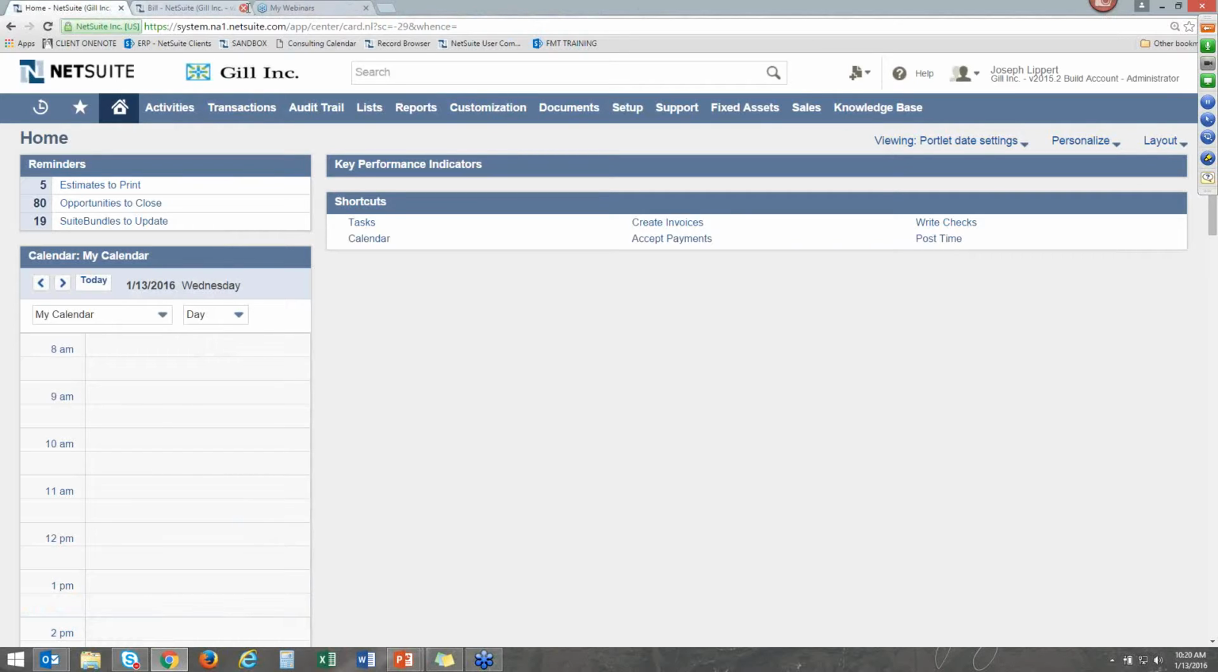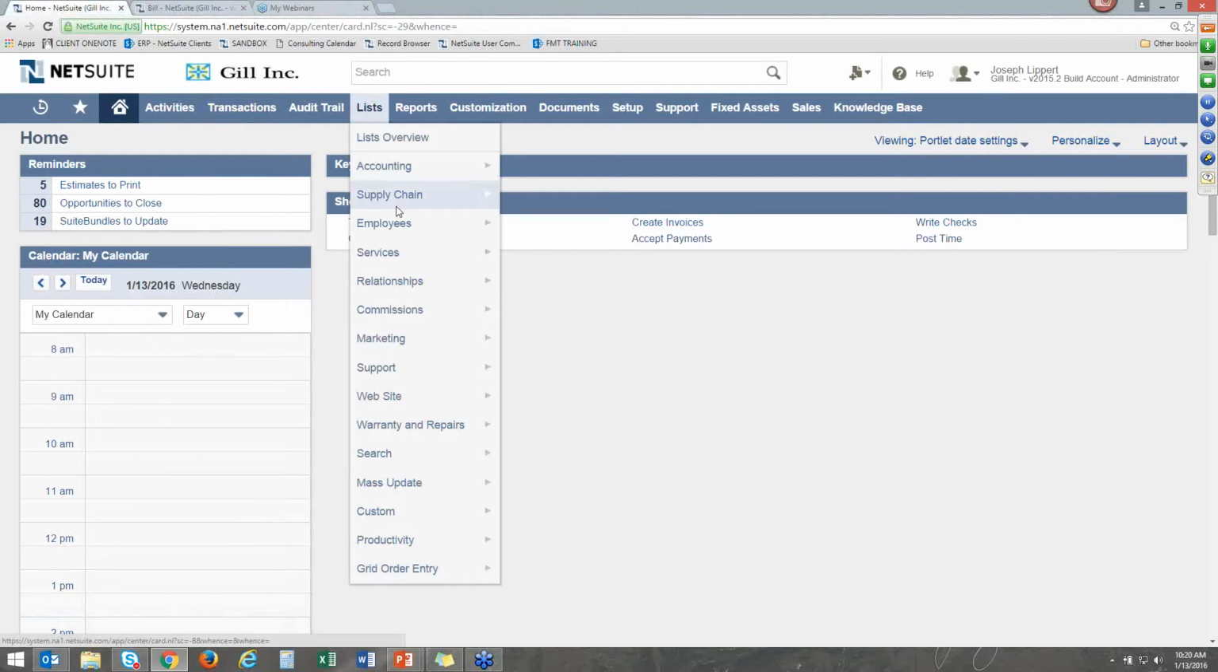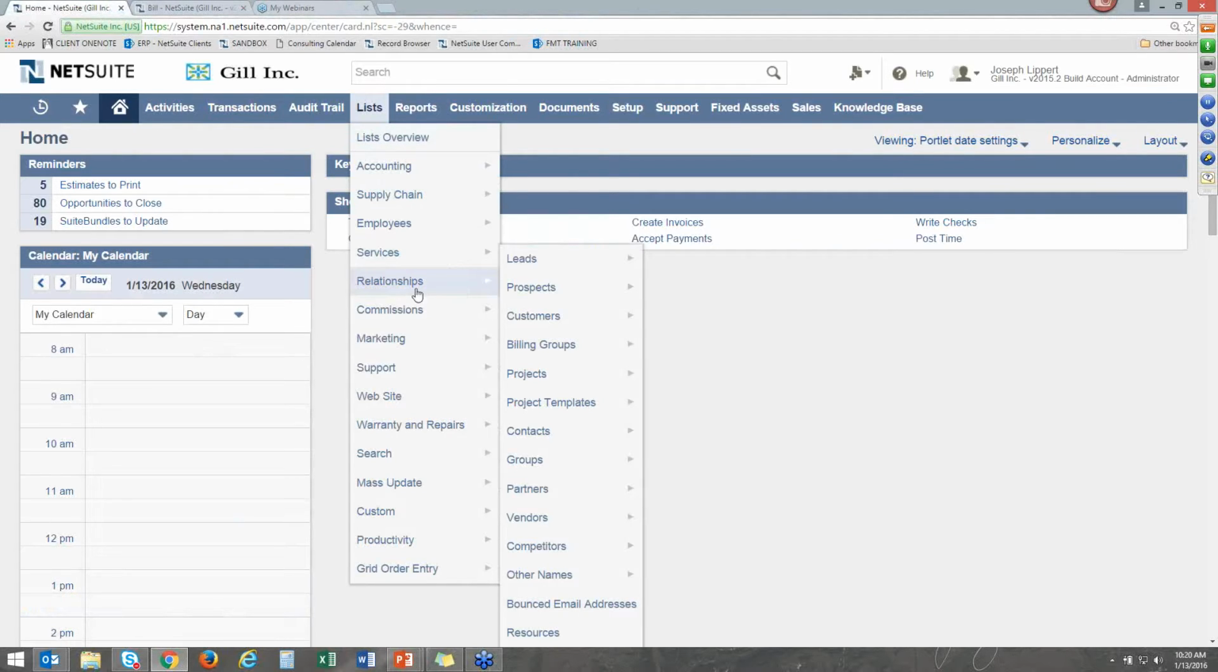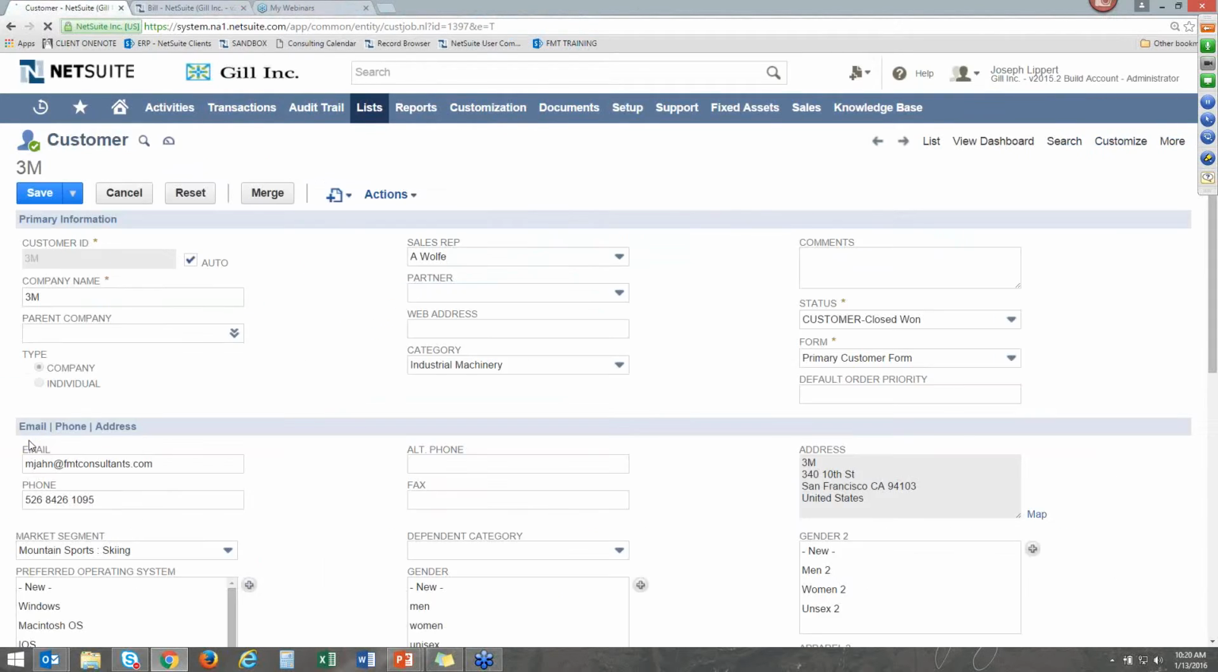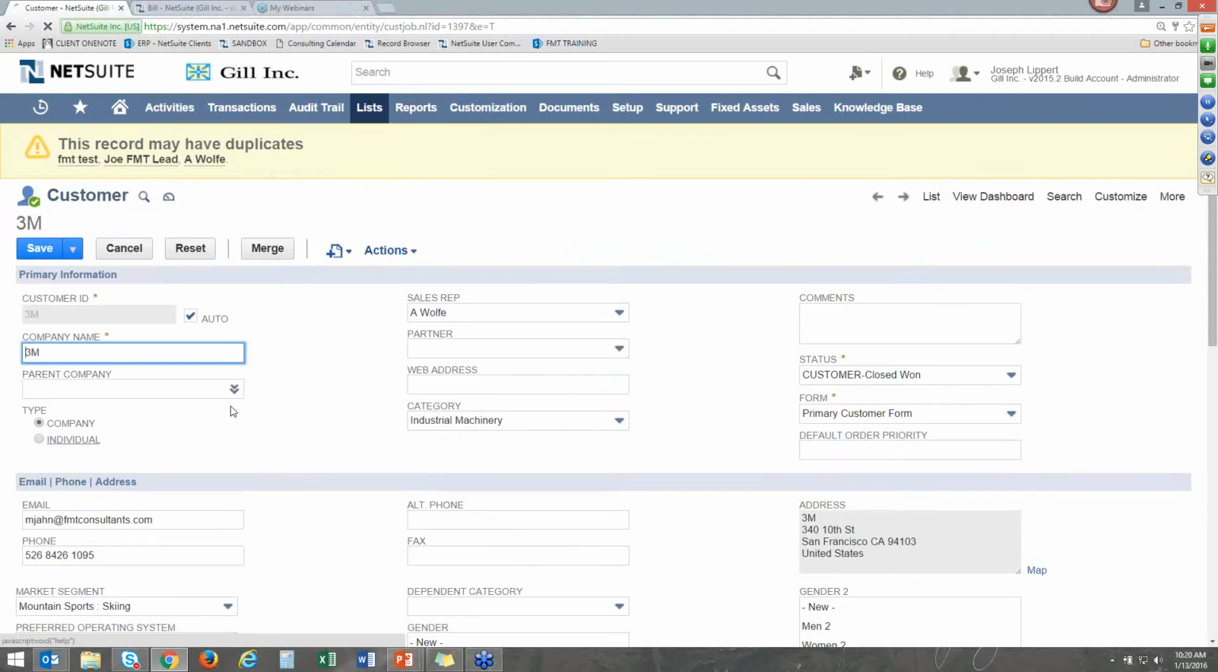Next, we'll perform our customer record management. To perform customer record management, we'll go to List, Relationships, and pull up a listing of our customers. And for our example, let's look at 3M. I'm going to go into edit mode on 3M. If we are no longer going to be receiving business from 3M, we may want to consider making their customer